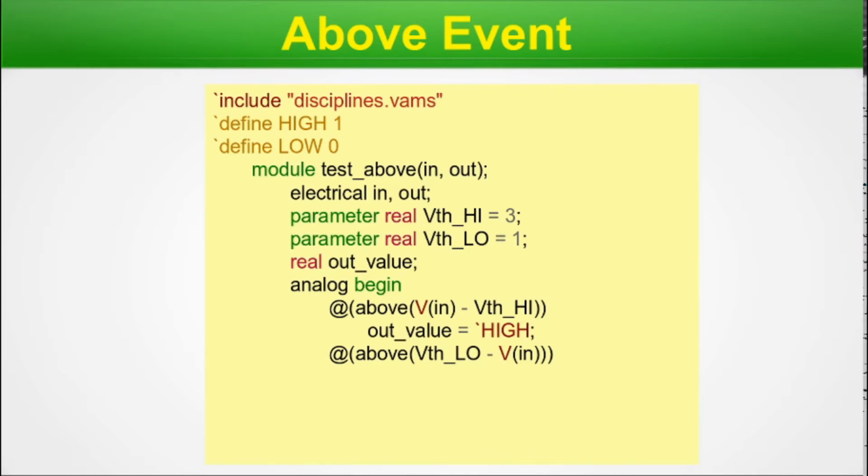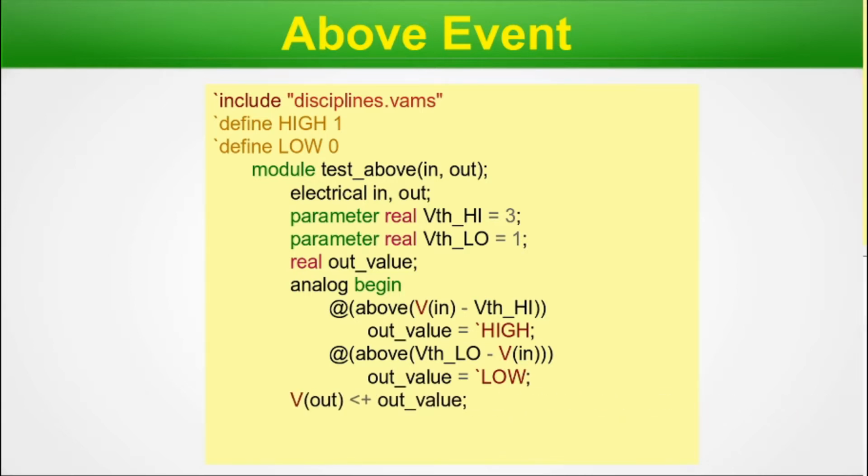And similarly we define the next above statement, where the expression inside is VTH low minus V in. Once this is true, we set our out value as backtick low,